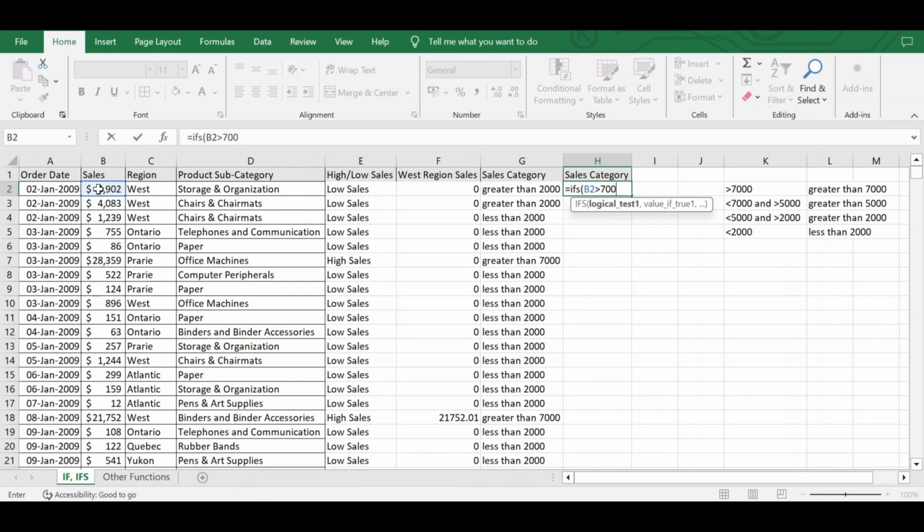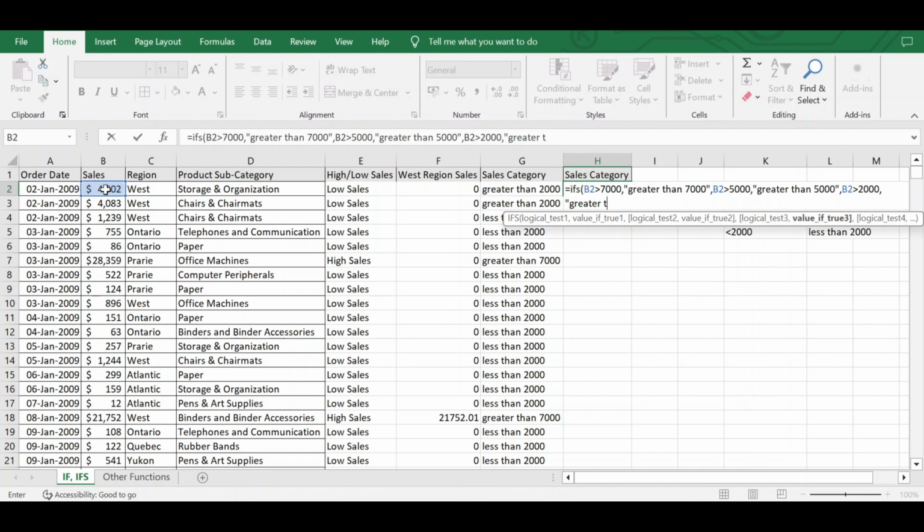If it is greater than 7,000, it should display greater than 7,000. The second logical condition: if this is greater than 5,000, it should display greater than 5,000. The next condition: if it is greater than 2,000, it should display greater than 2,000. And